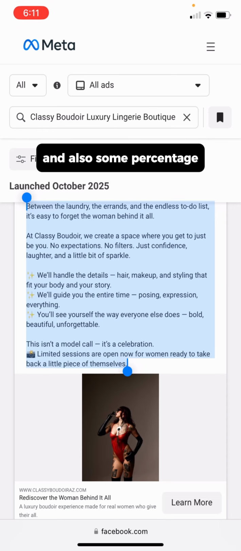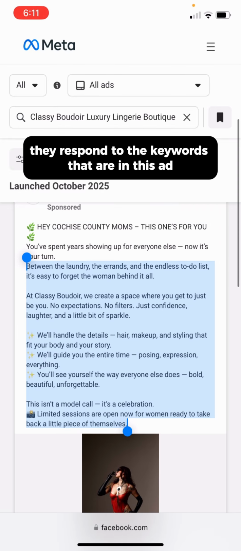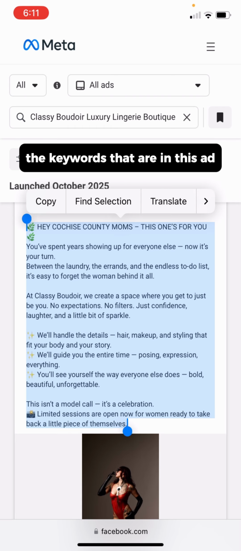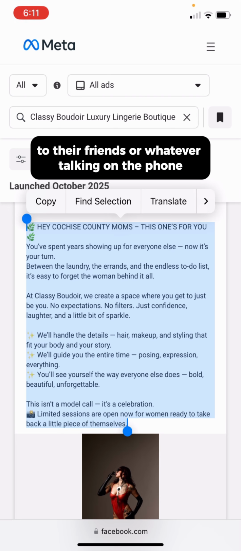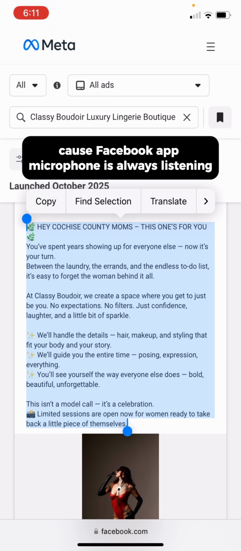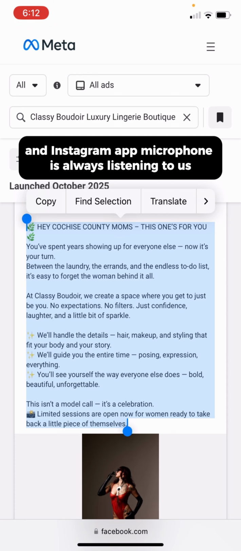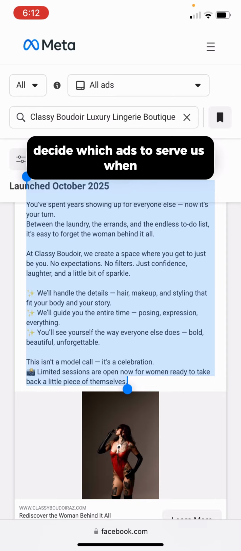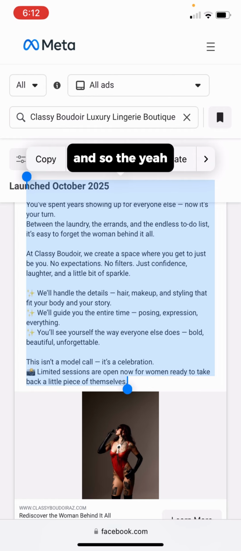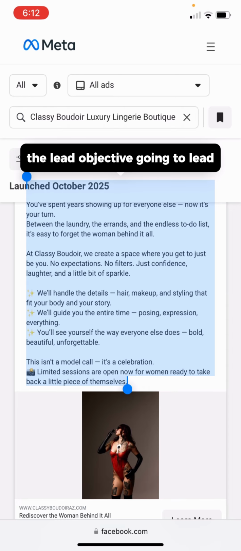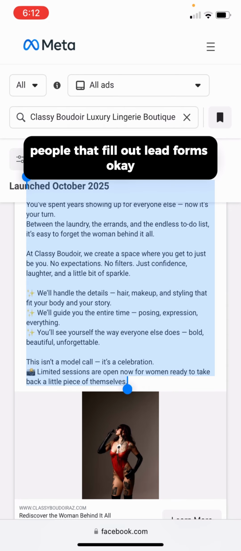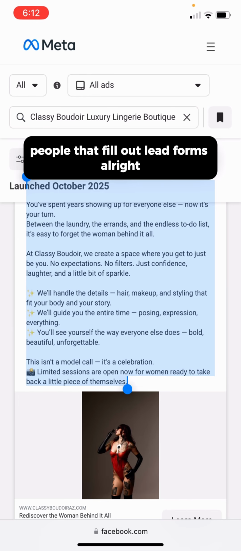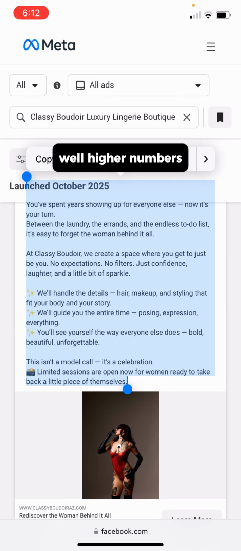And also some percentage respond to the keywords that are in this ad, or they've been saying the keywords that are in this ad to their friends or whatever, talking on the phone, because the Facebook app microphone is always listening, and the Instagram app microphone is always listening to us to decide which ads to serve us when. And so the lead objective is going to lead people that fill out lead forms. Okay, we're on our email list with unqualified people that fill out lead forms. All right, well, higher numbers, but nobody's buying